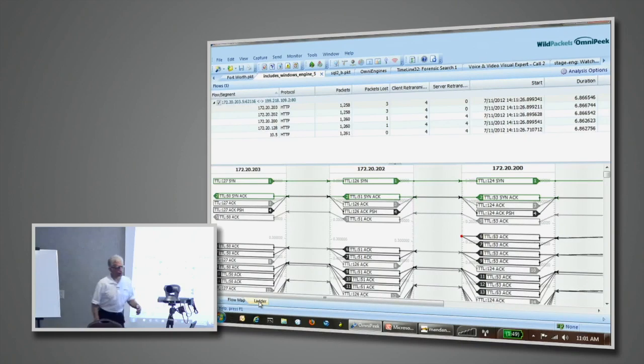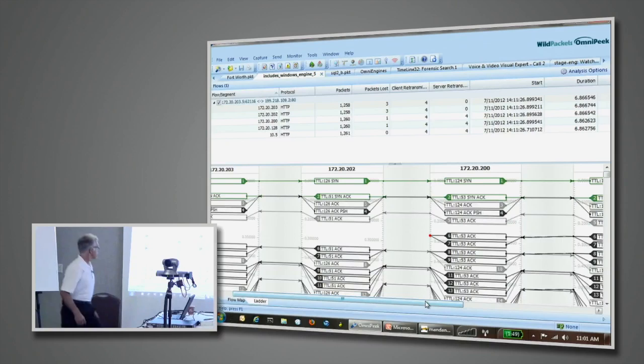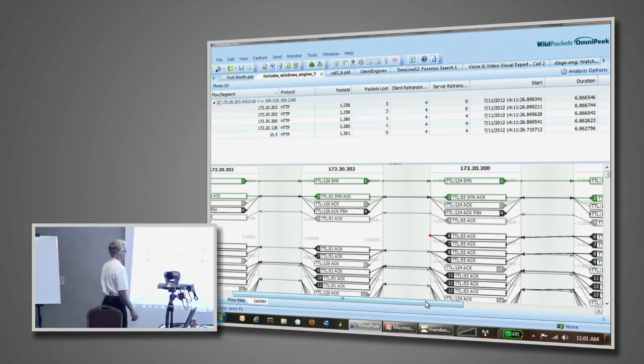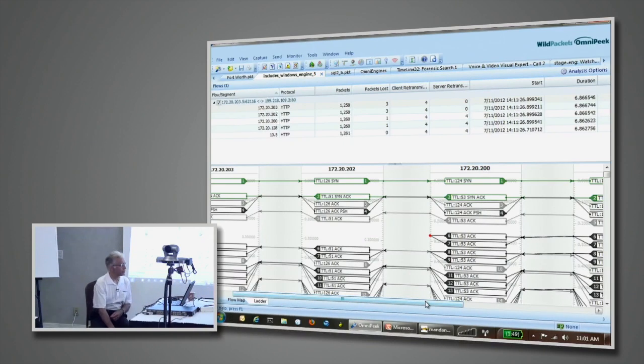The resolution here is a little bad. And then occasionally you'll see spots where there are even red dots that indicate where we've had packet retransmissions, so we can see those for users. And that's the multi-segment analysis, it's quite easy to do, to look across the multiple appliances. So if I come back into Stage Eng